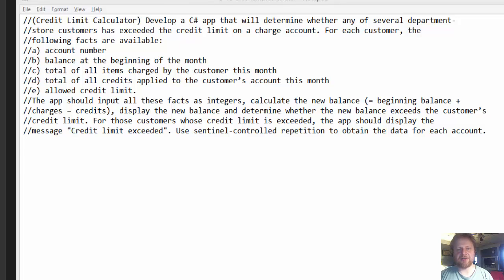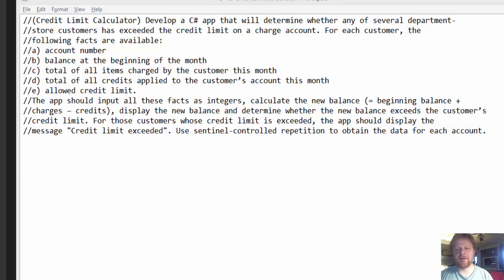The app should input all these facts as integers, calculate the new balance, which is beginning balance plus charges minus credits, display the new balance, and determine whether the new balance exceeds the customer's credit limit. For those customers whose credit limit is exceeded, the app should display a credit limit exceeded message,